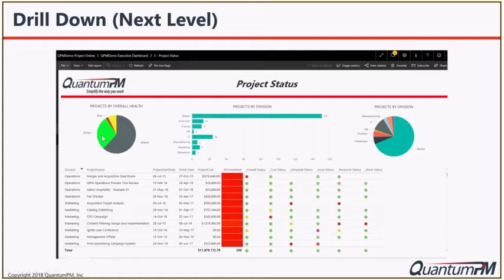Maybe I want to drill into that a little bit more. So I might want to drill in and look at the projects that are green, or I might want to look at the projects that are red, or whatever the case might be, and move forward from there. So different ways to drill down on your projects and make sure that you can get the information that you need, and again, geared to the right level in the organization. So someone who needs to see something only for the manufacturing organization might want to click here and drill into just those projects. So you're trying to make sure that the data that you're providing is the right data for the right audience.